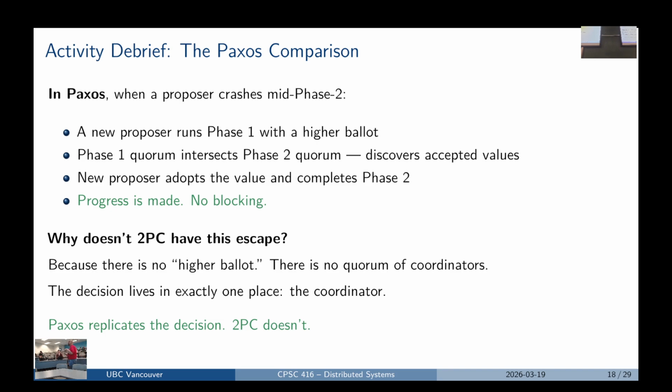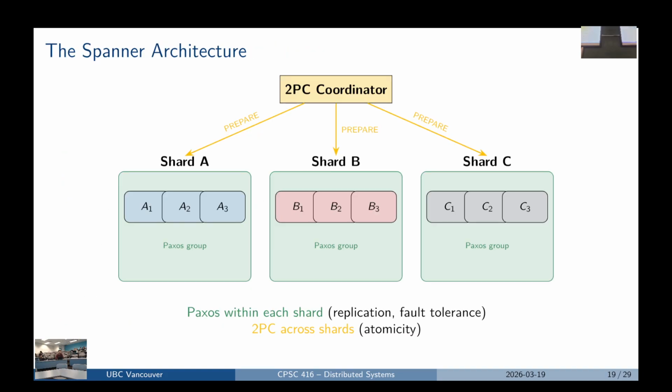Okay, so Paxos replicates decisions. Two-phase commit doesn't replicate those decisions because there's no higher ballot in 2PC. There's no quorum of coordinators unless we build one that's invisible, because it's not actually part of the protocol. So what ends up happening in Spanner is they have a 2PC coordinator,